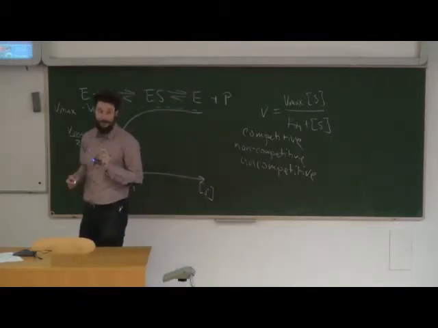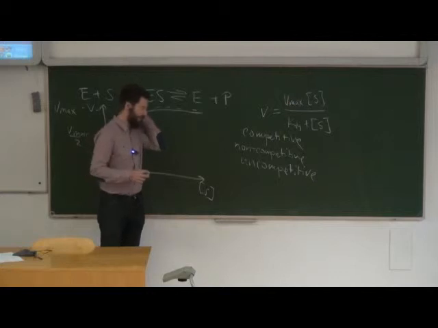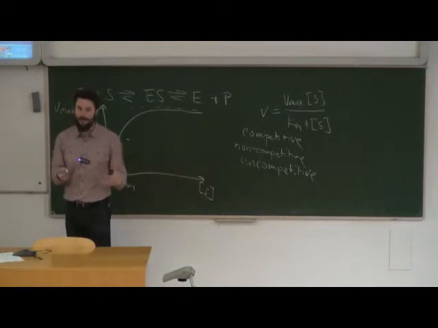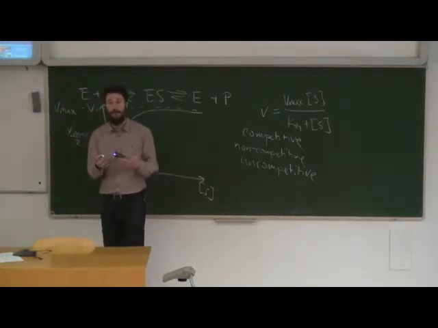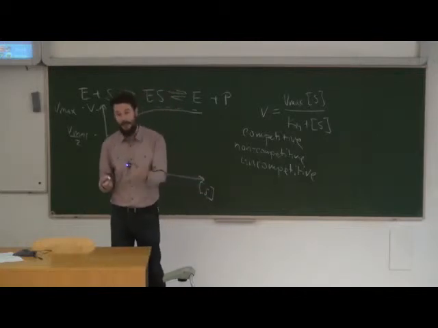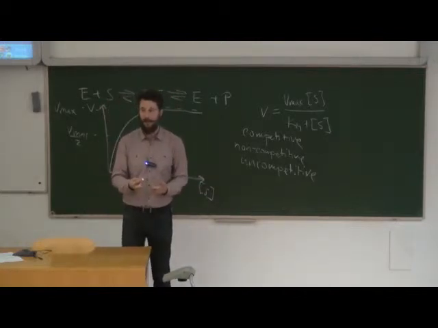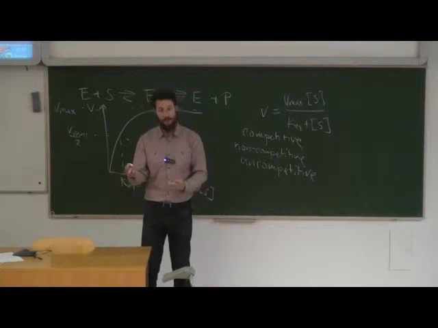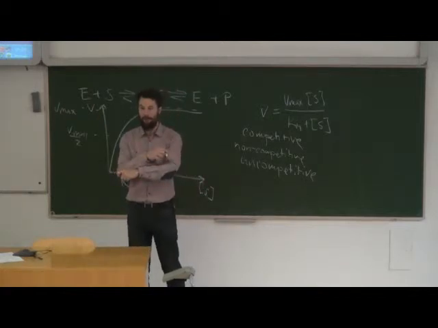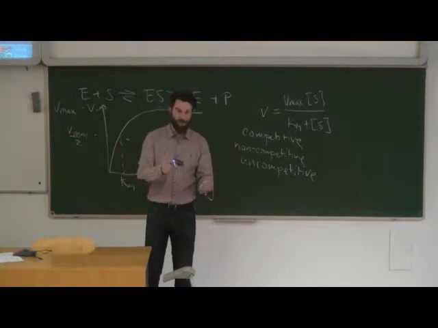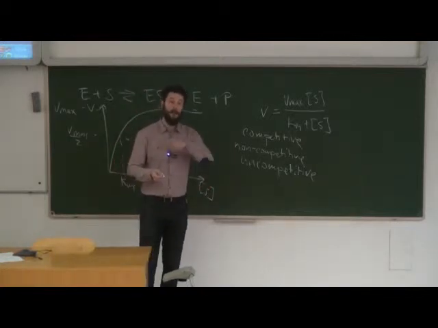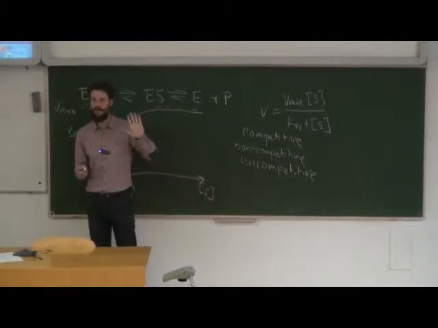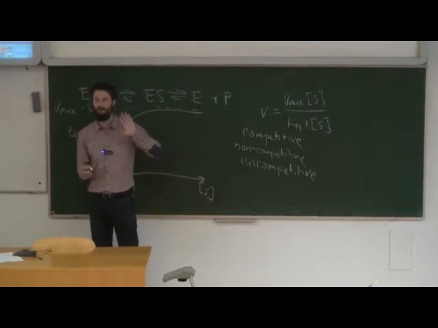Right, let's have a look at these three categories. As I said, the distinction between these types is based on the relationship between the binding of the inhibitor and the binding of the substrate. That's all we're interested in now. So how does the binding of substrate influence the binding of the inhibitor? And how does the binding of the inhibitor influence the binding of the substrate? That's all we're interested in in this analysis. Does it make sense? Raise your hand if it makes sense. Very good.